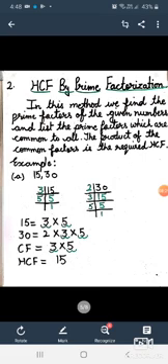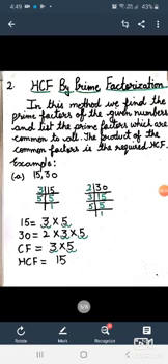Now we will divide 5 by 5. 5 is also a prime number. So 5 ones are 5. Now we have got the answer as 1. Now we will write the prime factors of 15, which are 3 into 5. Factors of 30, these are prime factors: 30 is equal to 2 into 3 into 5.